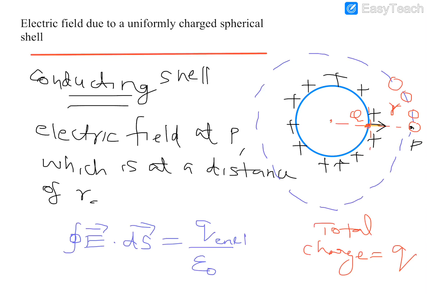Then what happens? Your Gaussian surface is same as this sphere, isn't it? Because your point is here, so you need to consider a Gaussian surface. That surface will be again a sphere, so the sphere will be same as this sphere. So what is the radius of your Gaussian sphere? It is same as the radius of your spherical shell. Okay, so let us consider that your spherical shell is having a radius capital R. So your Gaussian surface will also have a radius of capital R.